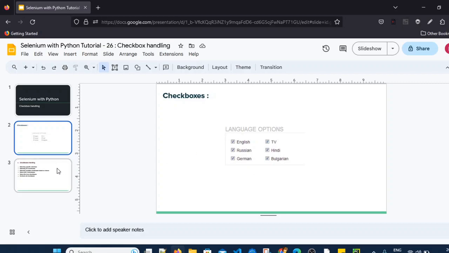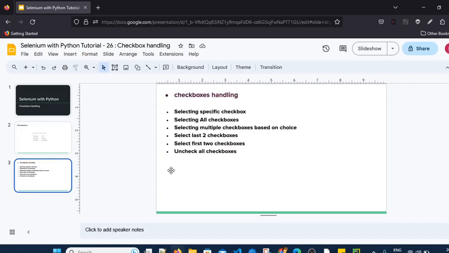We will see some scenarios like how to select a specific checkbox by using Selenium in Python, how to select all the checkboxes on the web page, selecting multiple checkboxes based on choice. Suppose there are multiple checkboxes and I want to select a specific couple of them.